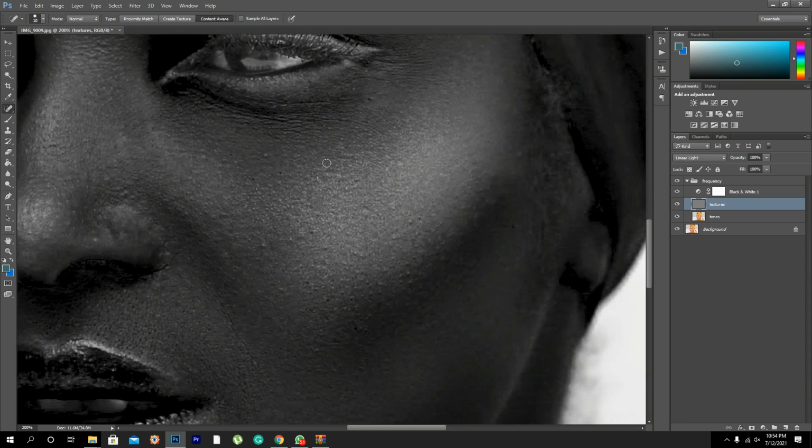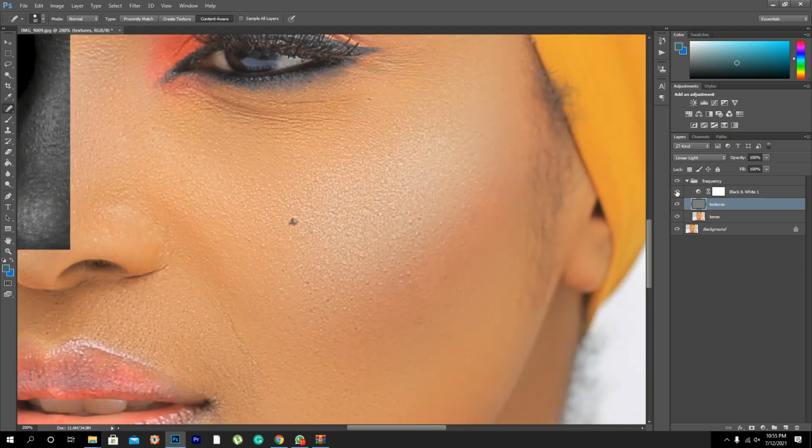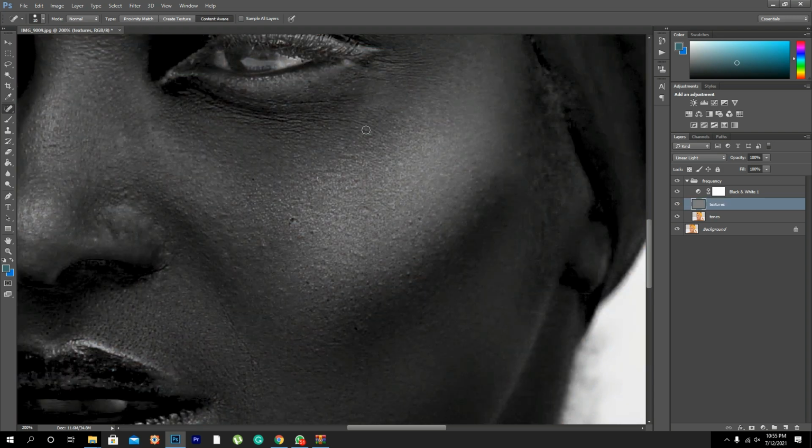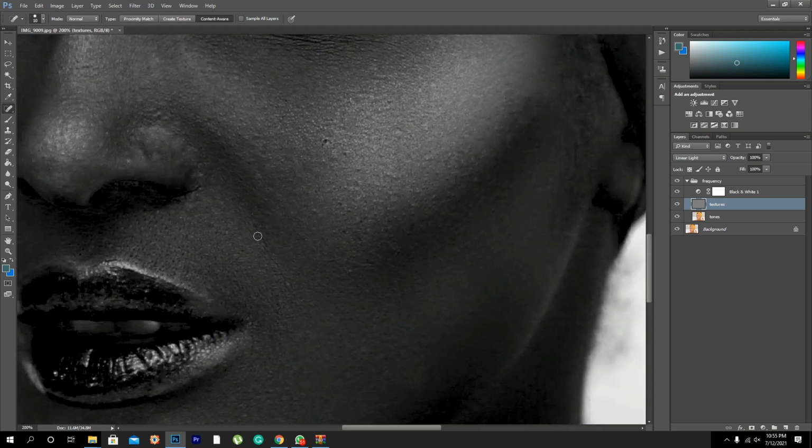And oops, I didn't want to remove her birthmark, so let me just remove the black and white layer so that I see what I'm doing. At the end of the day, you don't want to remove everything really. You just want to remove those imperfections that are really not permanent. Avoid removing birthmarks from people,